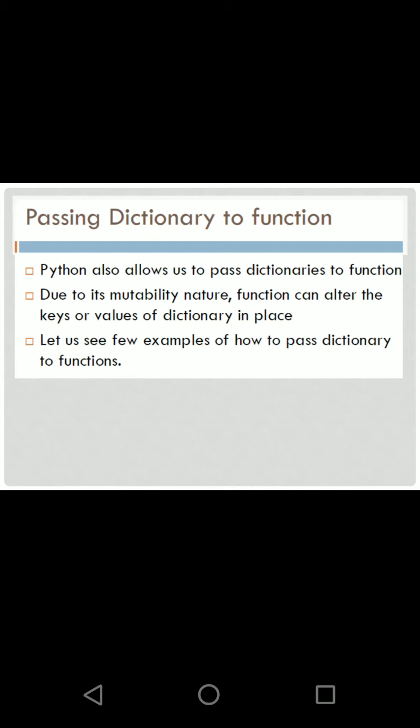And the next mutable structure that we are going to pass is a dictionary. The usage is similar for all the functions that we have seen in these videos. Even if it is a tuple, a list, or a dictionary, the format is the same. Only if it is mutable, you can change as well as access values. For immutable, you have to create another local variable for working on it. Actually, you can use those values. The format is the same, the usage is the same, everything is the same.